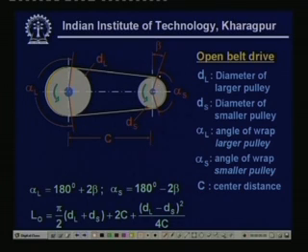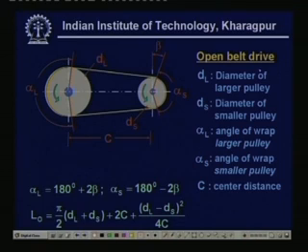And this is a belt which is wrapped over them. Now, if we consider this smaller pulley to be the driving one, then this driving pulley will be transmitting motion to this belt, and the motion of this belt in turn will give a rotation to this pulley, and thus the transmission of power from the driving to the driven pulley is accomplished. In this figure, what has been denoted is called an open belt drive system,